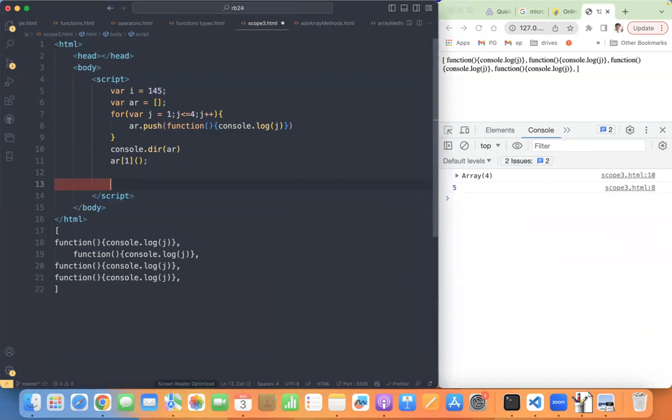I don't know how many of you are remembering that setInterval.